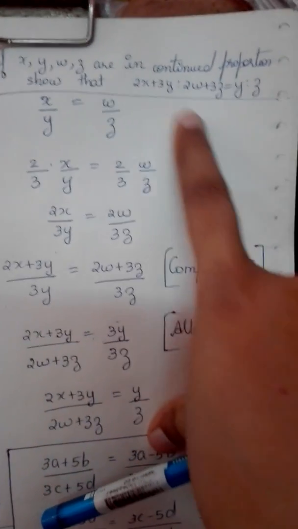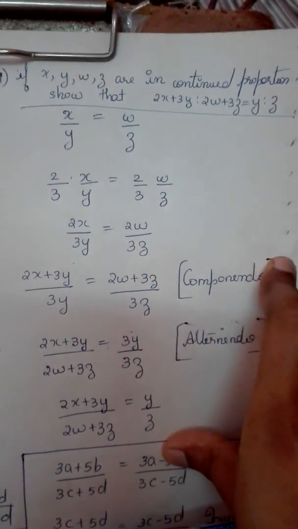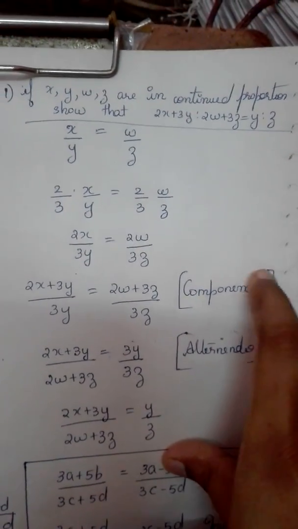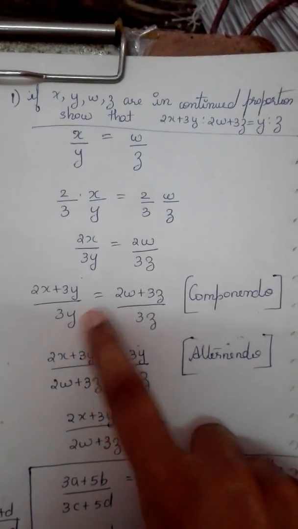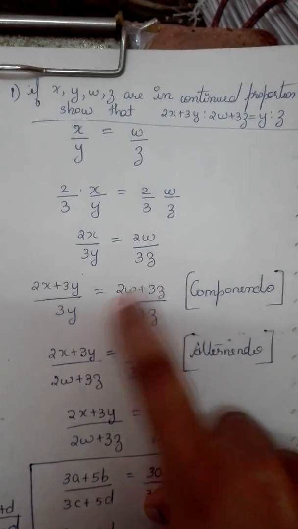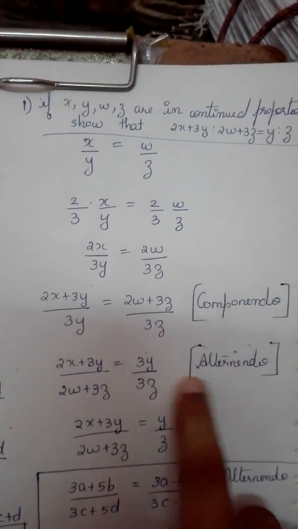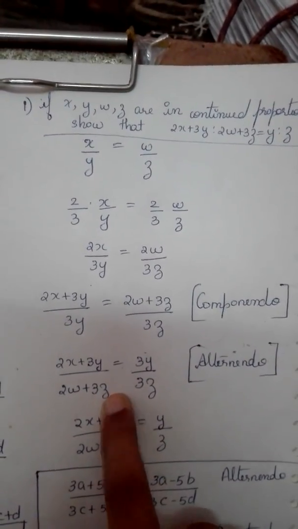But again, we haven't reached the question. Still, okay, now we can use the alternando property. You can just cross multiply these terms, 3y and 2w plus 3z. Just using alternando, we can write it in this way. Now after